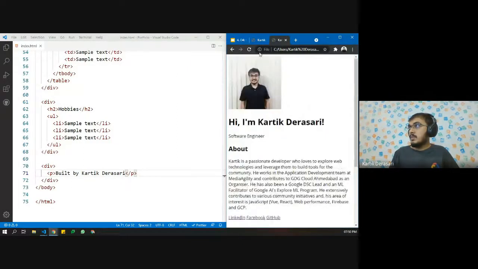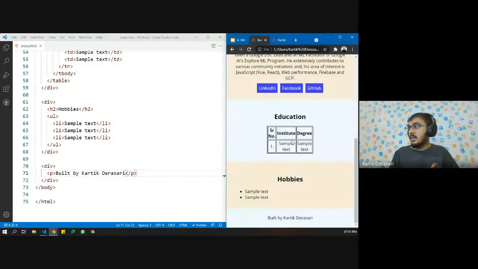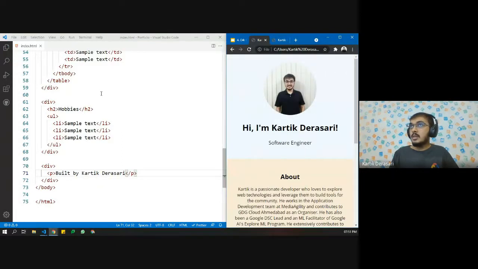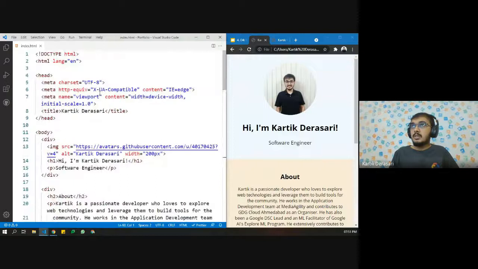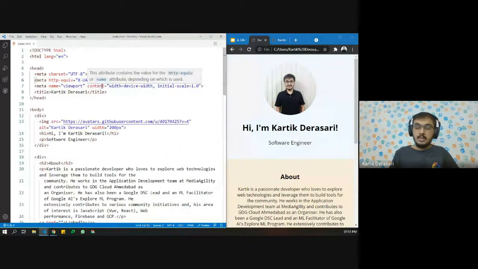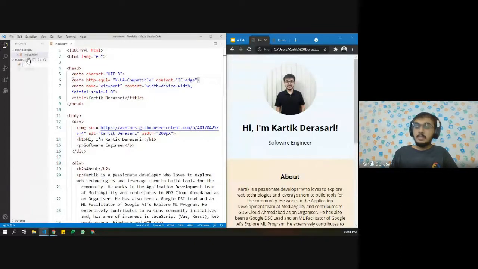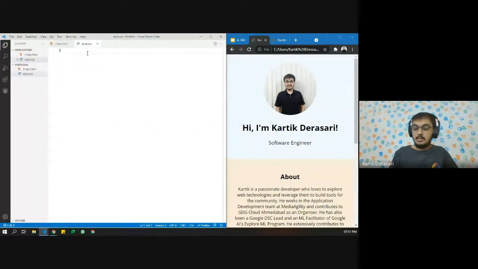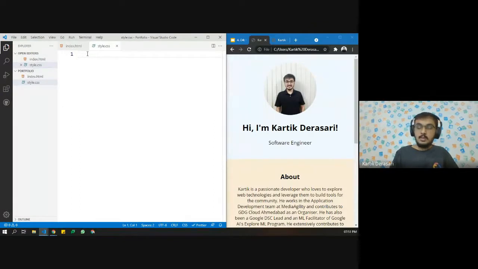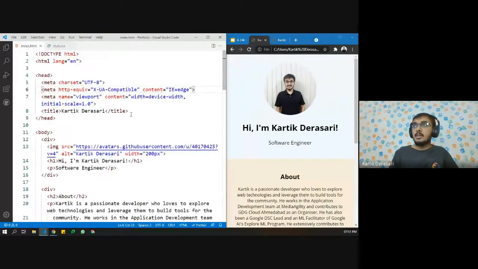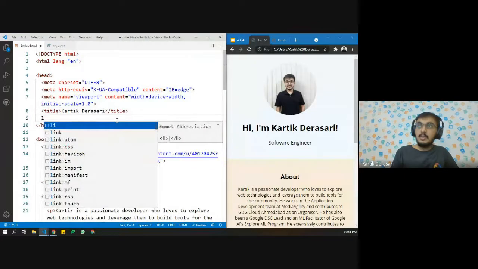Now the style part is remaining. First of all, let us create the CSS file, let's say styles.css, and let us link the CSS file.